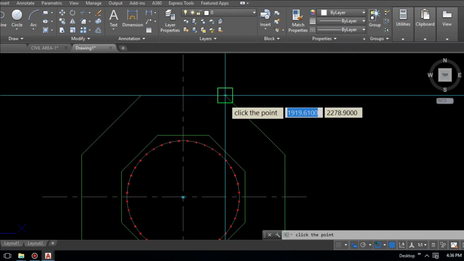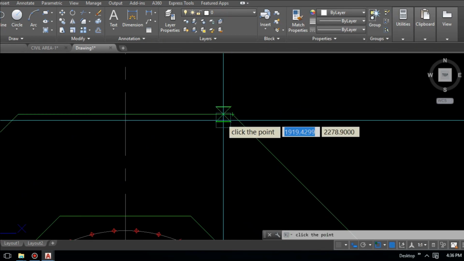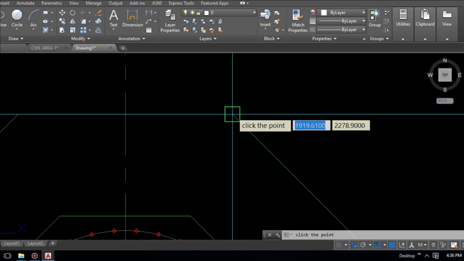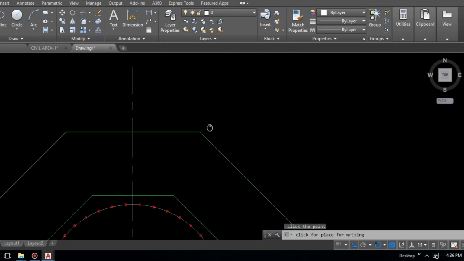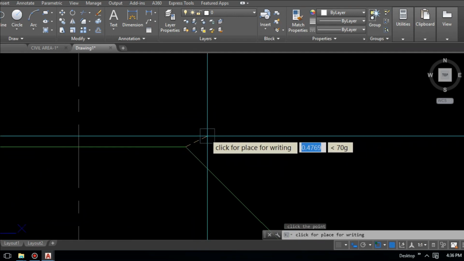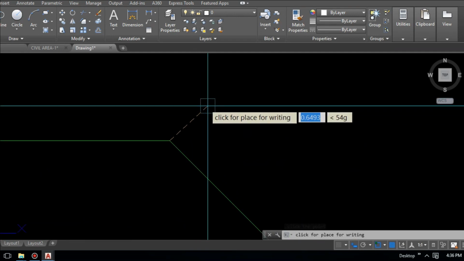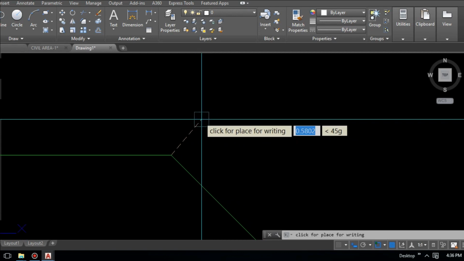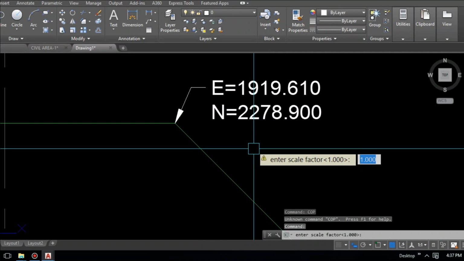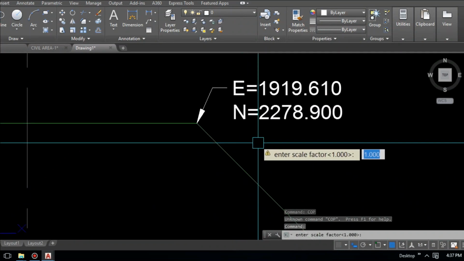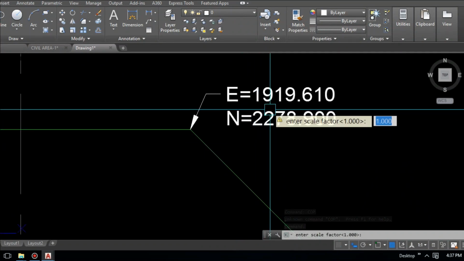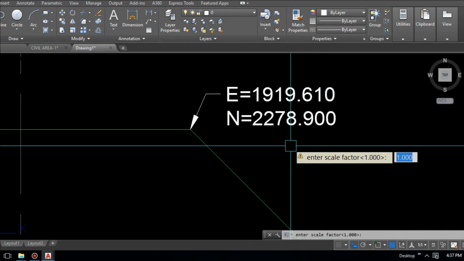For example, I need this corner point's coordinate. Click here, then bring your mouse out of the drawing and click again. Wow, very nice. You can see easting and northing. Easting value 1919.610 and northing